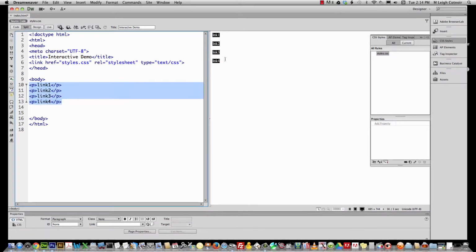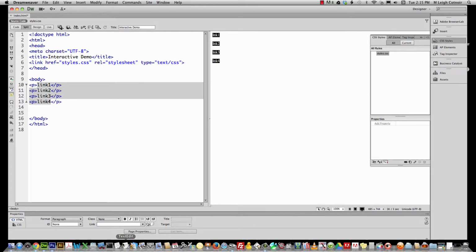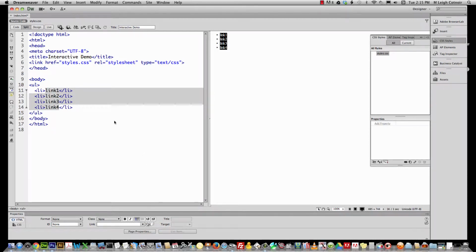Well, that's fine. In fact, it's really simple in Dreamweaver if you just make a bunch of paragraphs and then you select the items that you want to put into a list, and then you go ahead down in the Properties panel, and if this isn't visible, you go up to Window and you tell it to show the Properties panel. And down here in the Properties panel, what you want to do is you want to select this bullet icon. It's referred to as an unordered list, and you click it,